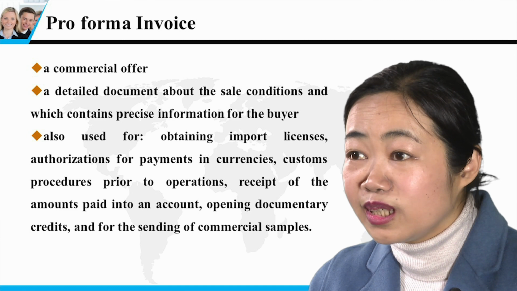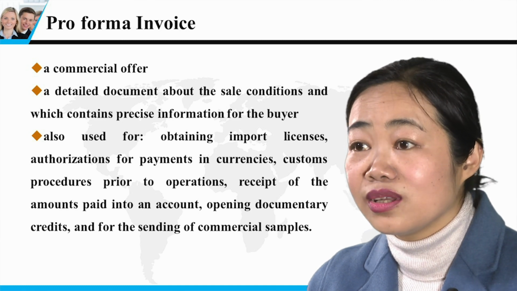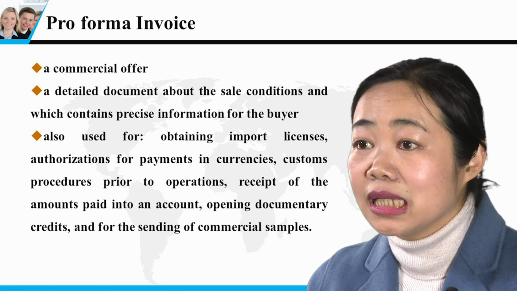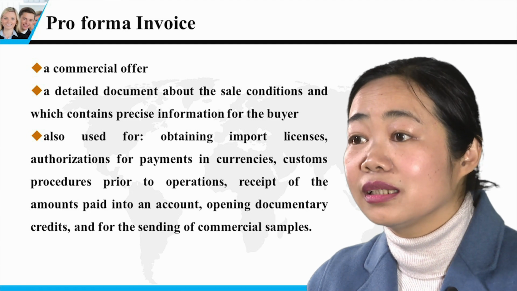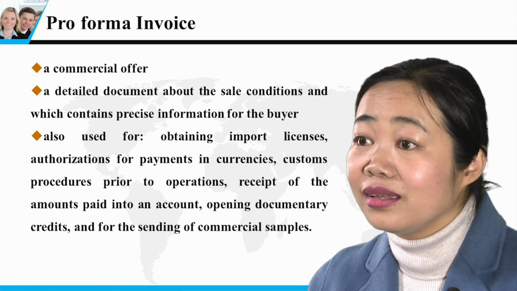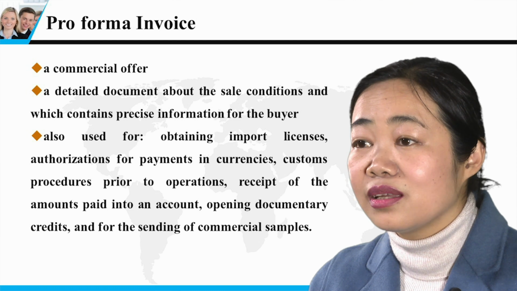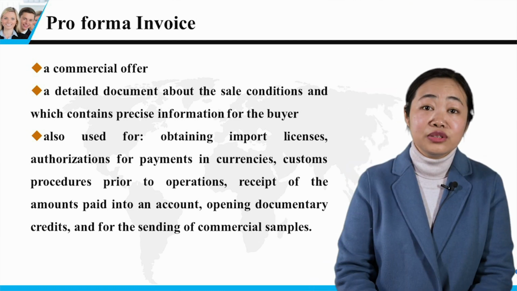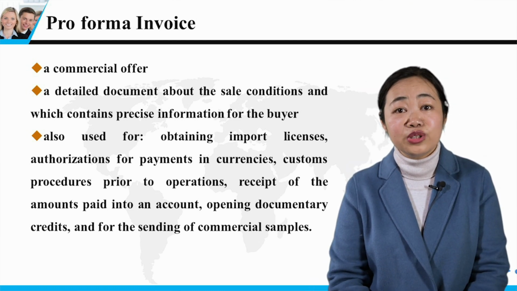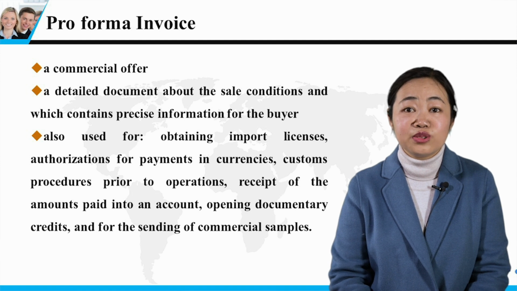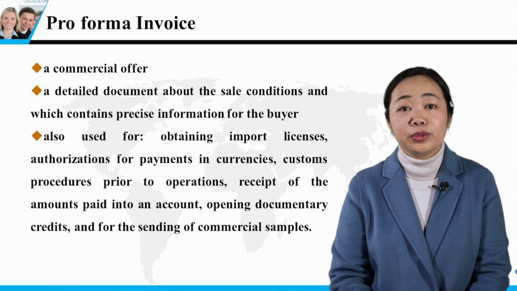If the pro forma invoice is signed by both parties, it establishes a commitment and acquires the nature of a sale contract. Apart from its use as a commercial offer in international transactions, the pro forma invoice is also used